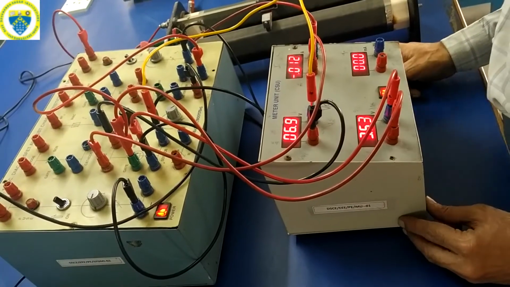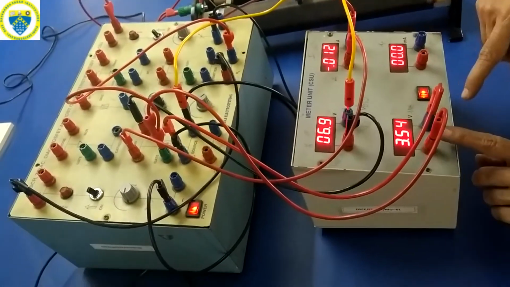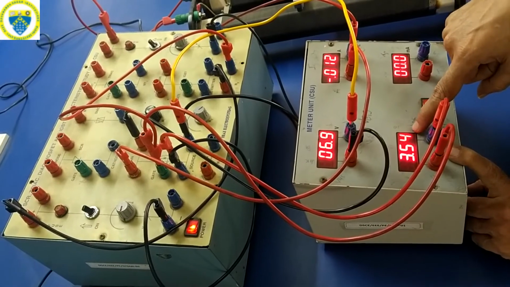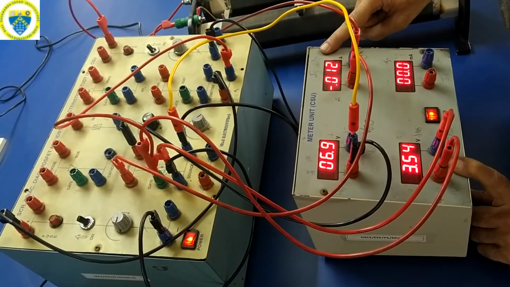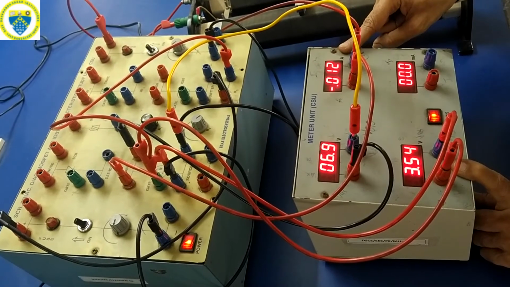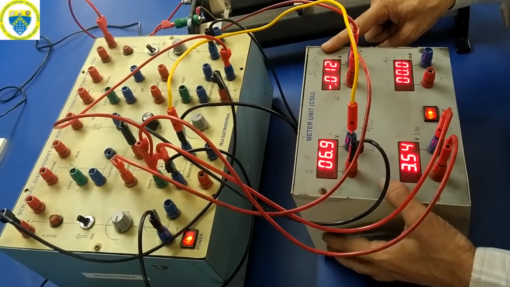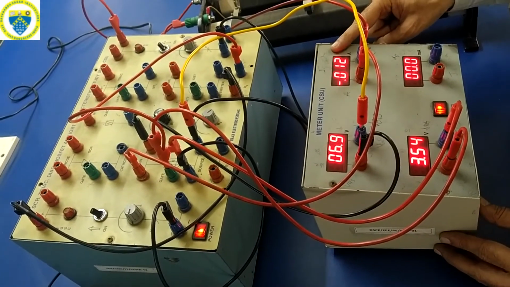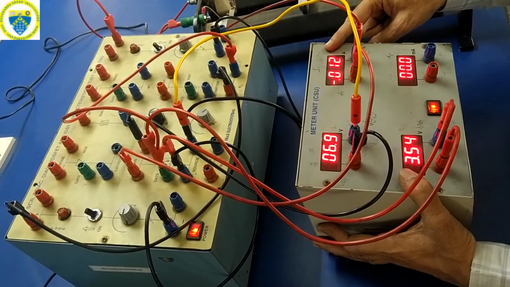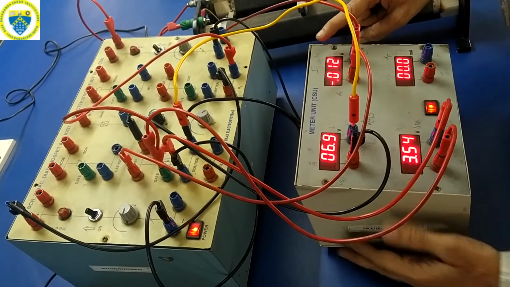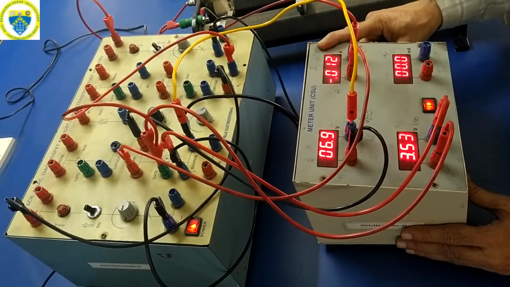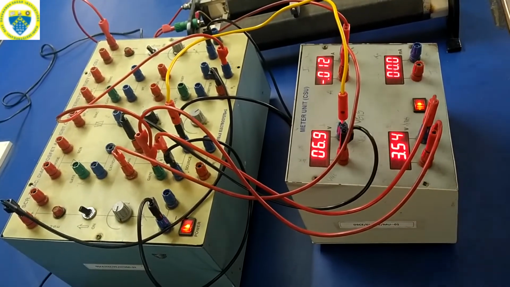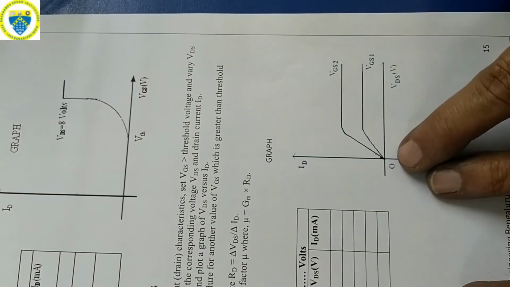Now to establish the output characteristic, I have maintained gate source voltage as 3.54 volts. During that time the drain source current is 12 milliamperes. If I maintain 5 volts here, the drain source current is going to be 105 milliamperes. Whereas now, because I have restricted the gate voltage to 3.54 volts, the load current is only 12 milliamperes. Now the output characteristic is between the VDS and ID. Now VDS is actually 10 volts applied.